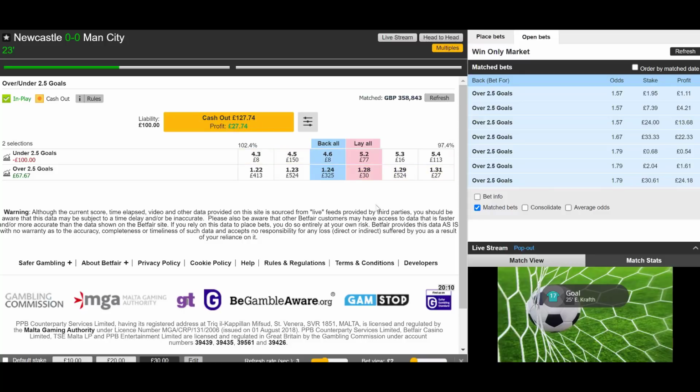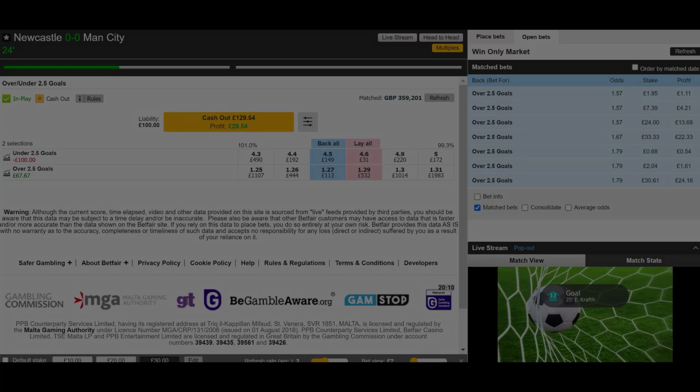Okay, that is perfect. So we can see where the odds are going to move into. We're going to move into around 1.28 to lay or something similar. But what we're going to do is just pause, because we're going to wait for these odds to settle. Then we're going to assess the cash out. Great timing on the goal right there, and I'll be back in just a moment.